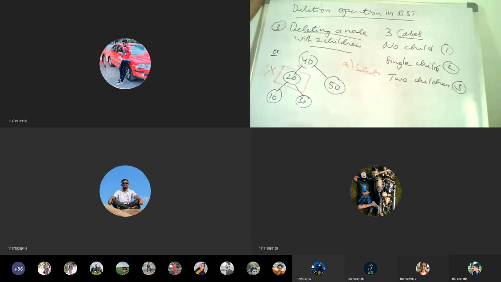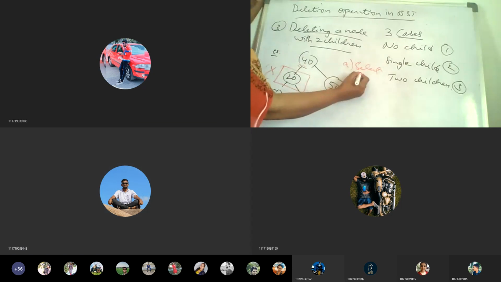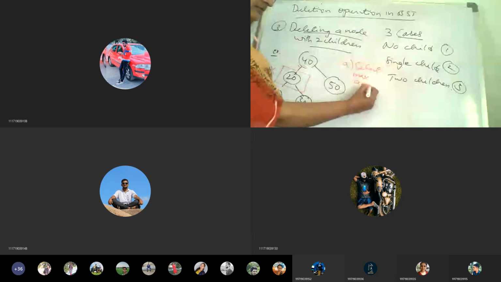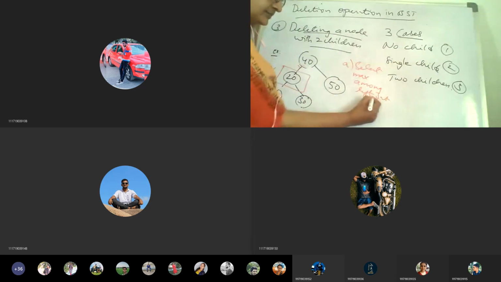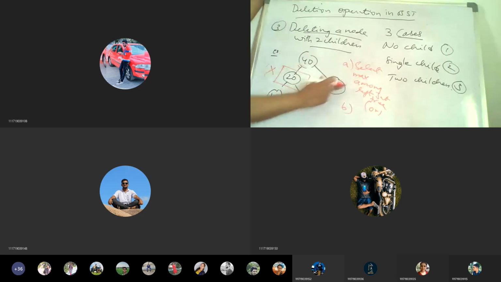You have to select towards the left side. What are all the elements there, smaller or greater? Smaller. So among the smaller, you have to select the max among the left subtree.